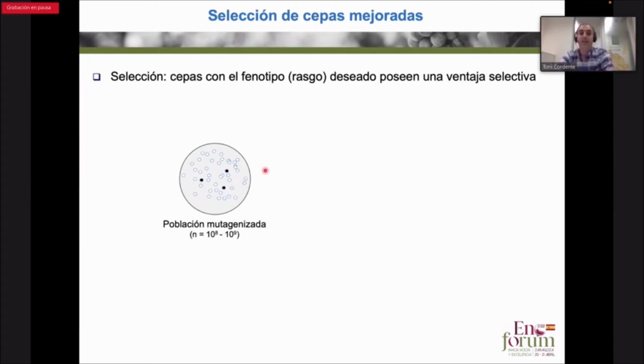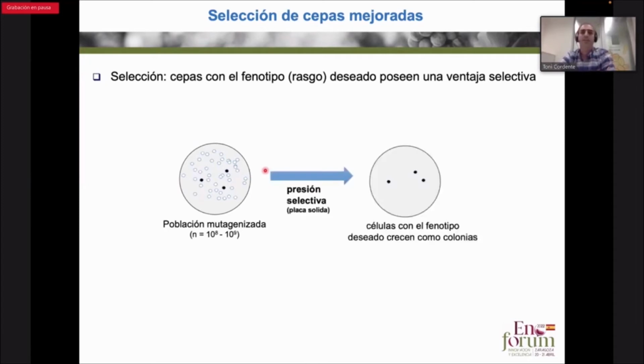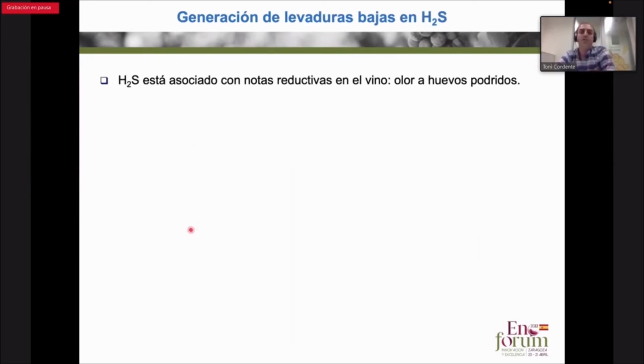For that, we need the strains with the desired feature to have a particular selective advantage. When we apply the selective pressure, only cells with the desired phenotype will be